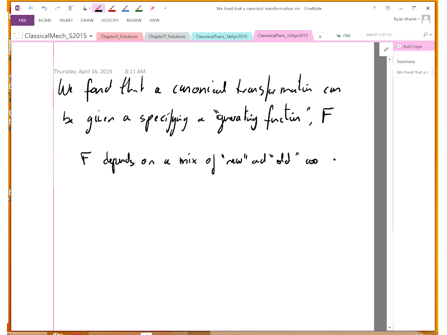The F depends on a mix of the new and old coordinates. By new I mean capital letters, and by old I mean lowercase letters. And there are 4 possible combinations that you can do. So for example,